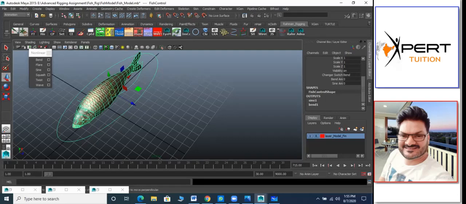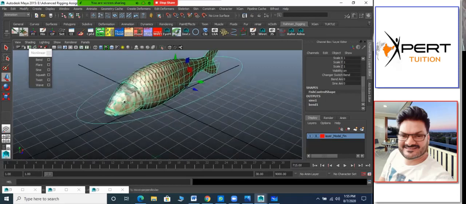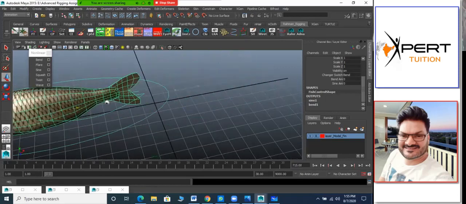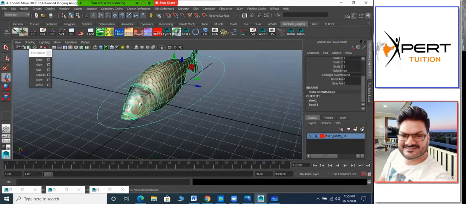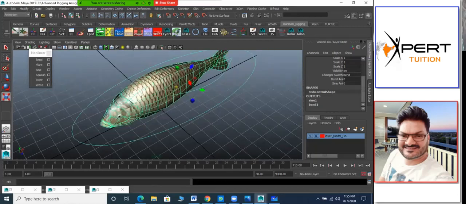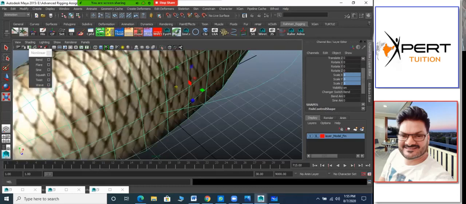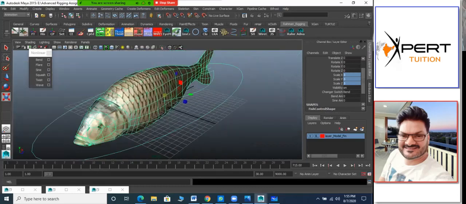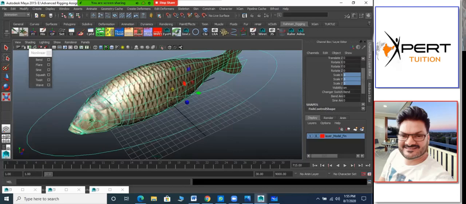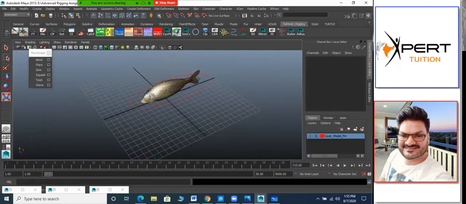So before going for that automatic system, we need to fix the eye part. Everything is fine in this rig for automatic, like for manual rig, even scale and all that will work. I can use this rig for any scale. If I want to use this piece for a smaller scale, 0.3, the scale and everything will work. There will be no change in that. Or maybe I'll put 3 scale, it will work. Whatever bigger size or smaller size I want, this rig will work. There is no problem with that. I'll just type 1. The only problem is the eye part, right? The eye has to go with that.